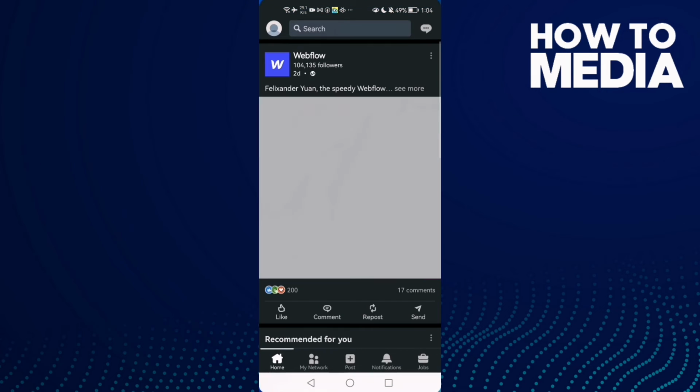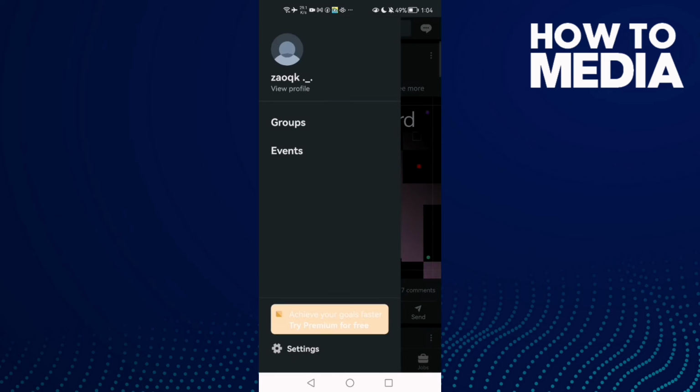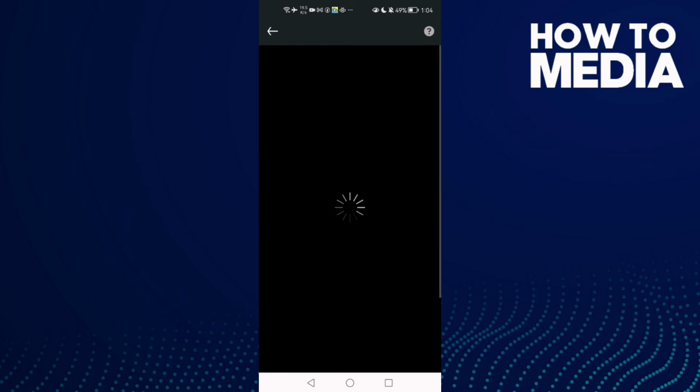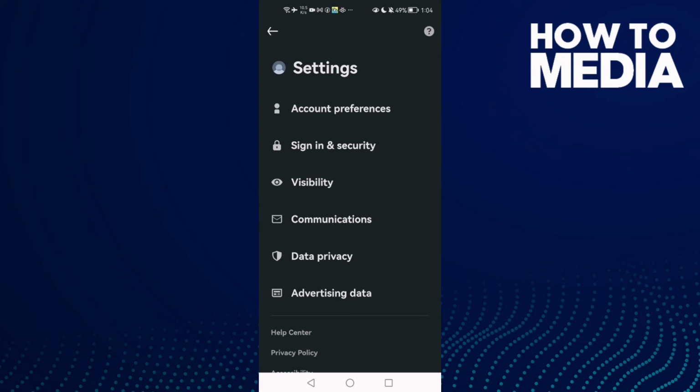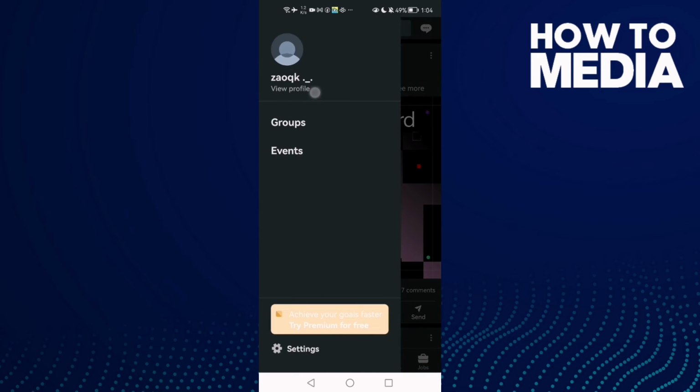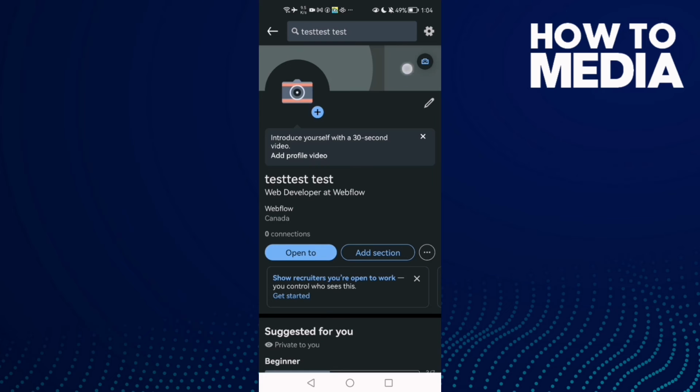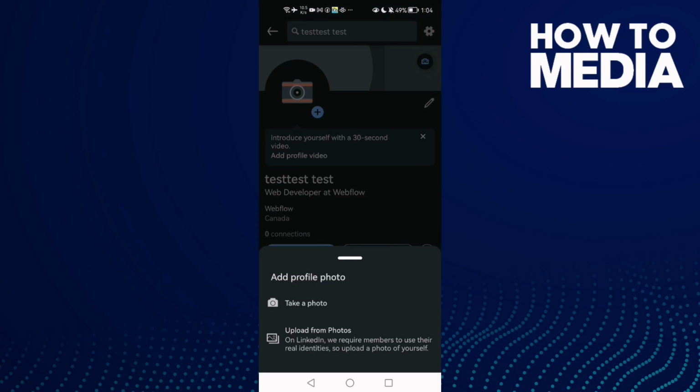And now just click on your profile here and then click settings, and here we'll find click on your profile and then click view profile, and here you will find this icon here, this one, click on it and then click upload from photos and select any photo you want,